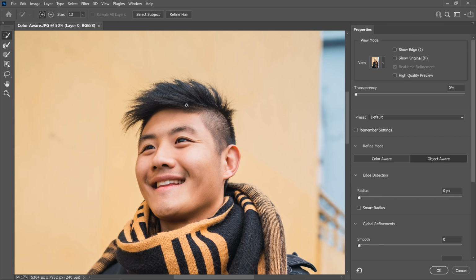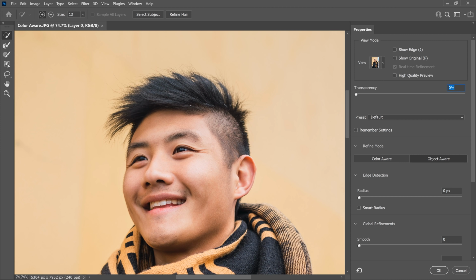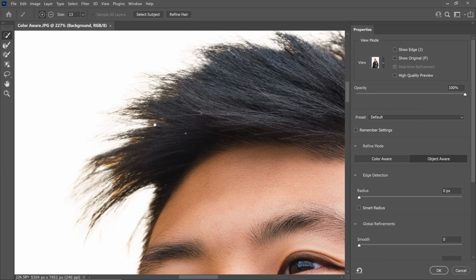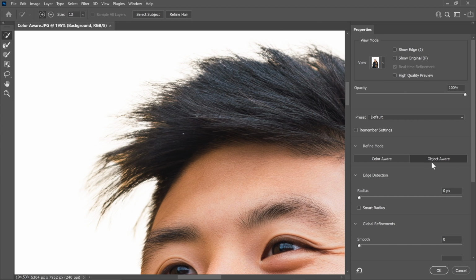It has a very simple background and it's contrasting a lot with the hair. So in this case, let's click on select subject and let's change the view to on white. All right. It is pretty good. It's not the best, but it's okay. Right now it is at object aware. If in this case we choose